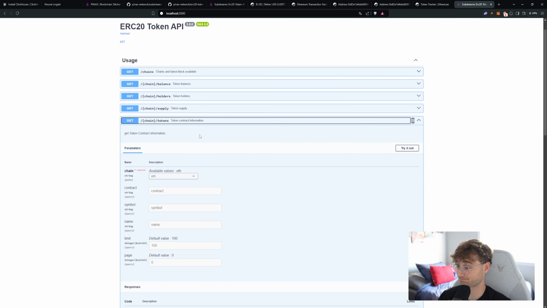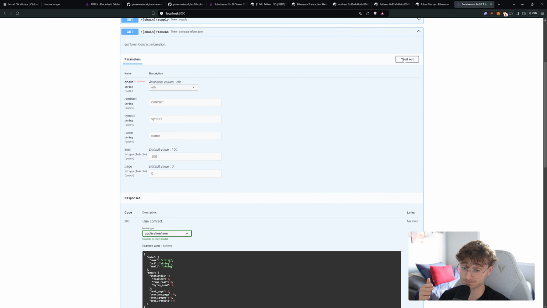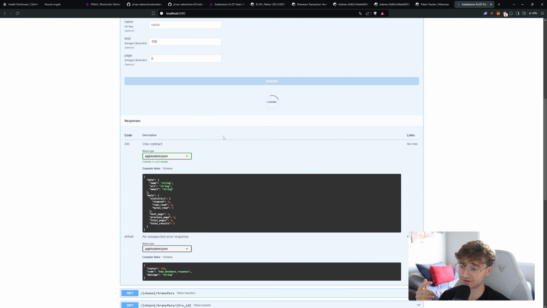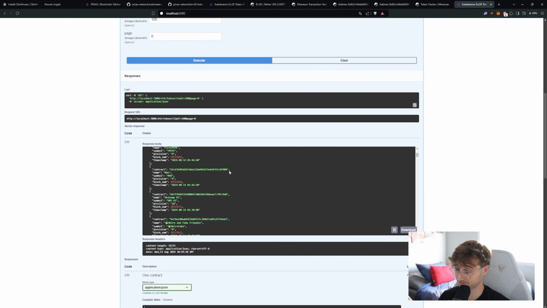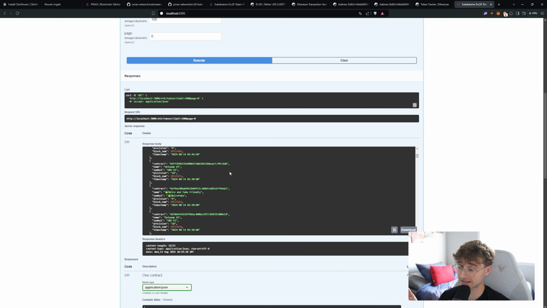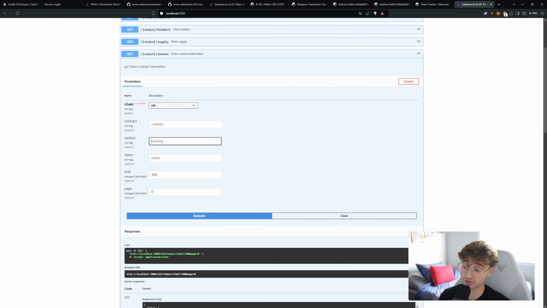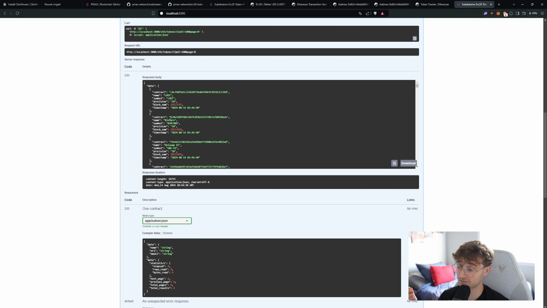It also provides token information. So for example, if you want to know all the available tokens, you can simply fetch this path, and you can also search, for example, with the symbol, the name, or the contract exactly to get, for example, the precision and the name, symbol, etc.